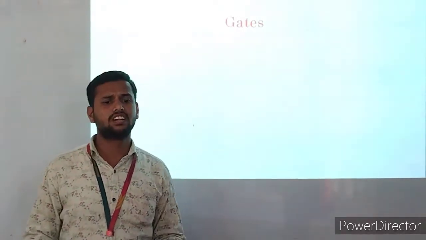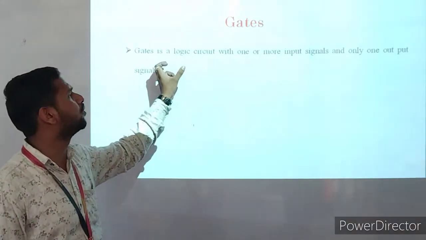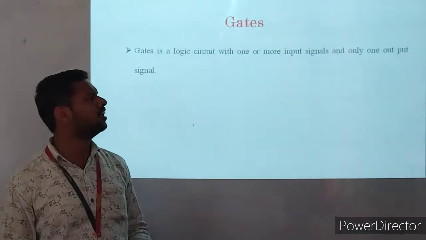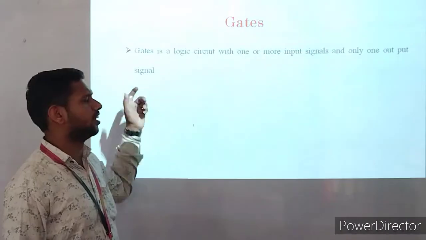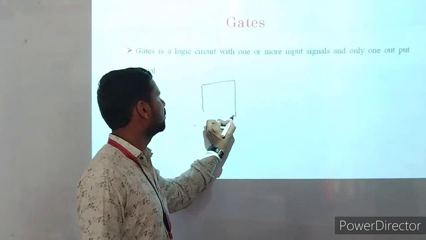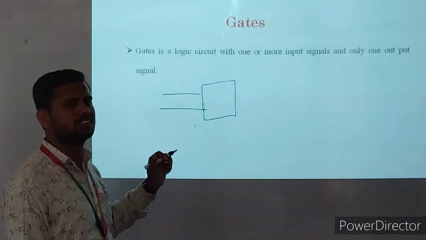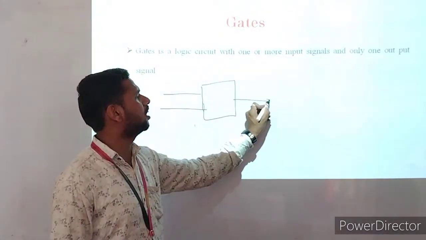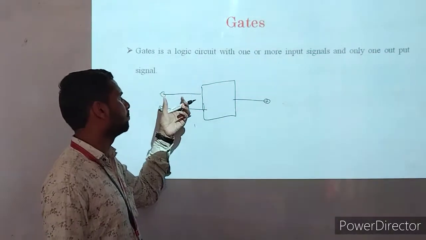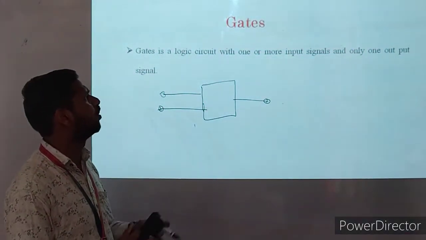Next is the gate. What is a logic gate? A logic gate is a circuit or electronic device or physical device with one or more input signals and only one output signal. It means the logic gate is a physical device or block that is given one or more inputs and controls the output signal. The combination of inputs, or the number of one or more inputs, changes the status of the output. That is the logic gate.